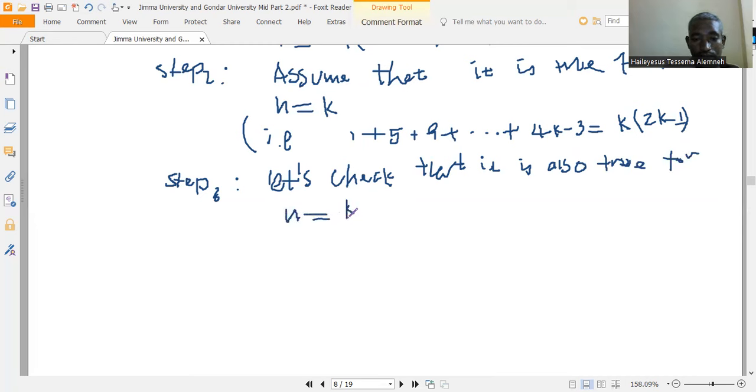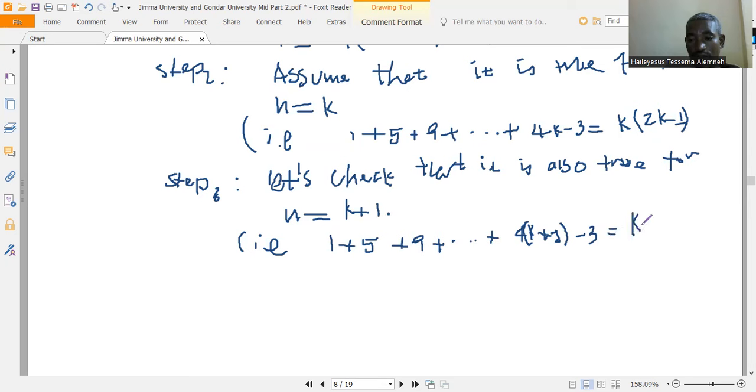That is, which is true for k plus 1 ማለት 1 plus 5 plus 9 plus ... plus 4 times k plus 1 minus 3 is equal to k plus 1 times